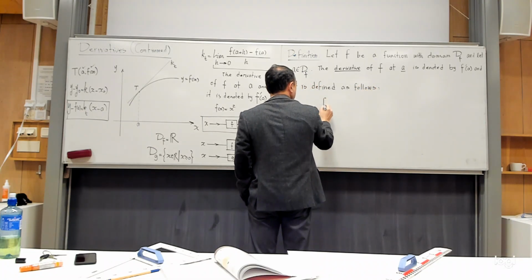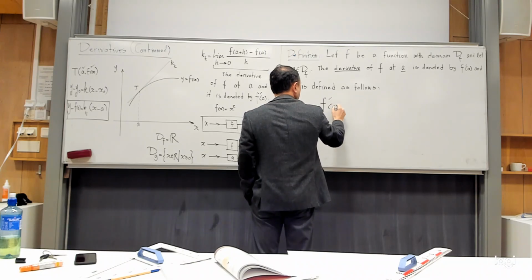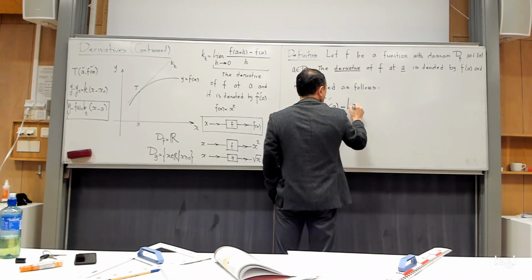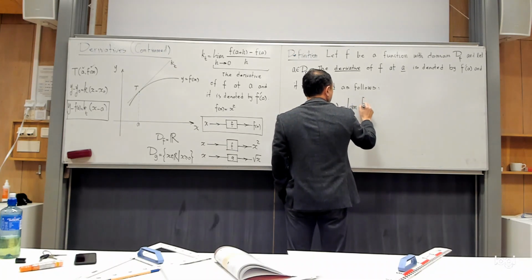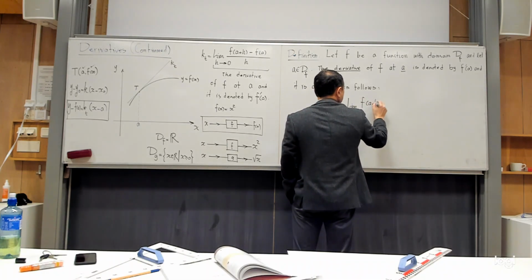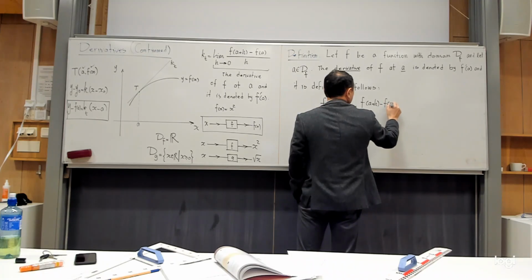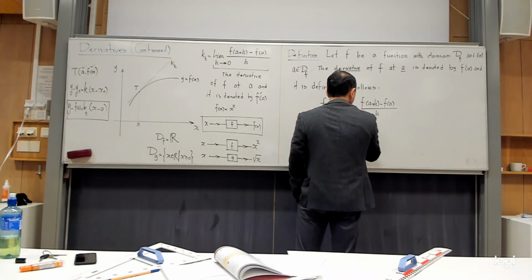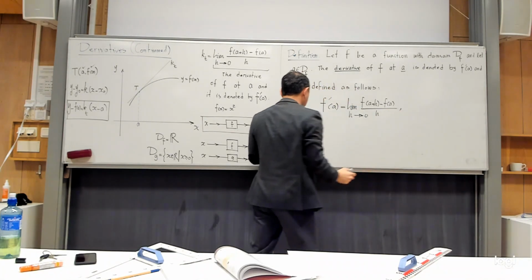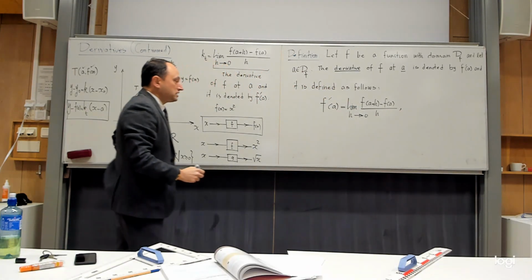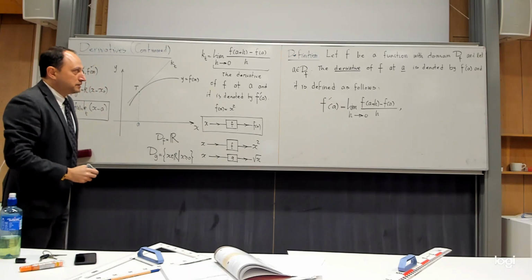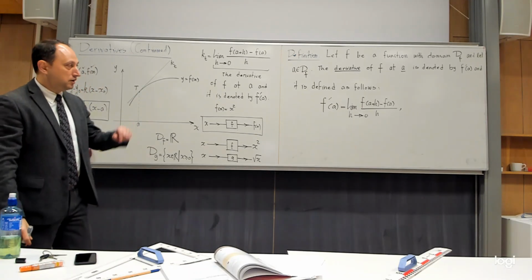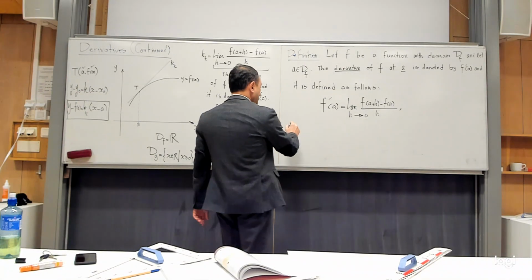So we say that f prime of a is equal to exactly that limit. You already know this becomes the limit as h goes to 0 of f of a plus h minus f of a, divided by h. I write a sentence here. You probably cannot appreciate that yet because I haven't talked about limits systematically, but I will come back to this later, provided that